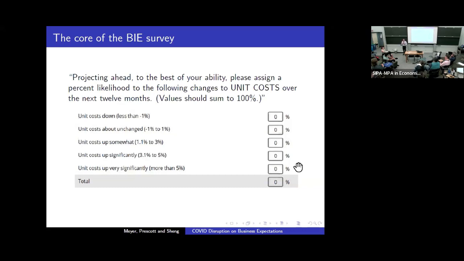Right? So the survey asks firms for their unit cost, including both labor cost and non-labor cost. Now realize that unit cost for firms, for the CEOs and CFOs, is equivalent to what we economists think about as nominal marginal cost. So that's the language firms most widely use to identify the cost of producing the next unit of good or service.